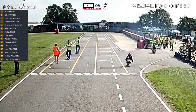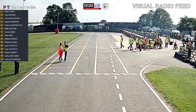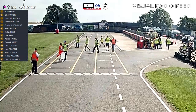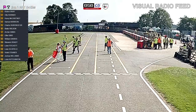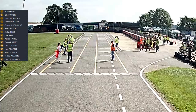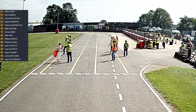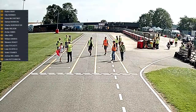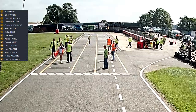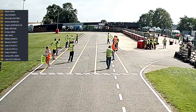And the AC40 rookies now head out on to the circuit for their first race of the weekend, second race of the day. And Ruben Bray enjoying a good run of form at the moment. The rest of the grid will line up in just a few moments' time, but a great entry, a few new riders in this weekend, but the AC40 rookies will line up as such. We will see Ruben Bray starting on pole position ahead of Ollie Horner, Henry McCartney and Samuel Munson,